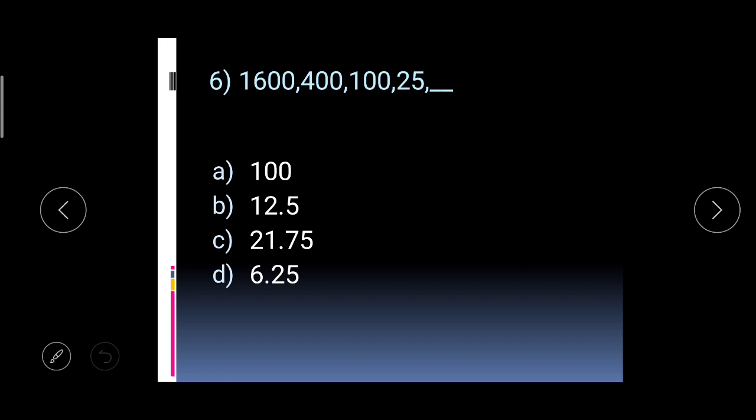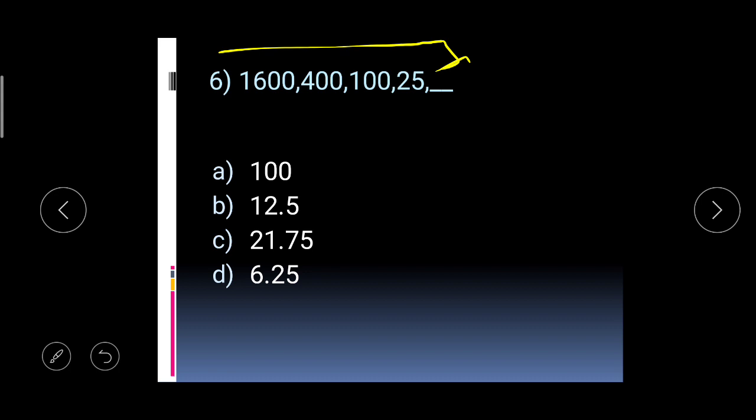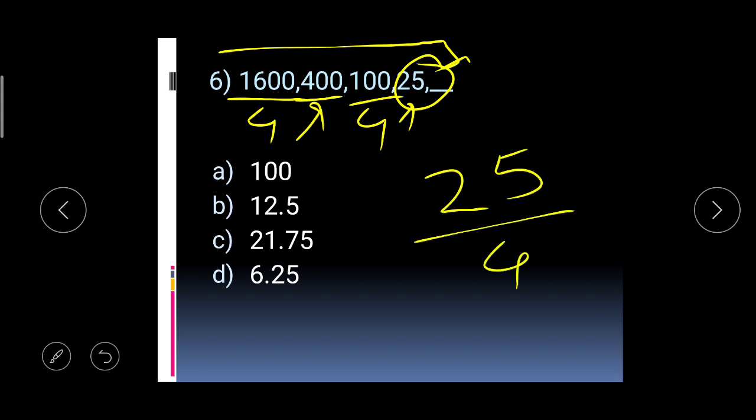Okay, let us see the next series. It is again a decreasing series. 1600 becomes 400, 400 becomes 100, 100 becomes 25, so the decreasing rate is very high. So it is not a simple addition or subtraction, it has to be division. If I divide by 4, am I getting the next term? Yes. So how will we get the next term? We just need to divide by 4. So what is my answer? My answer will be 12.5. Sorry, the decimal is not working. Yeah, 12.5.